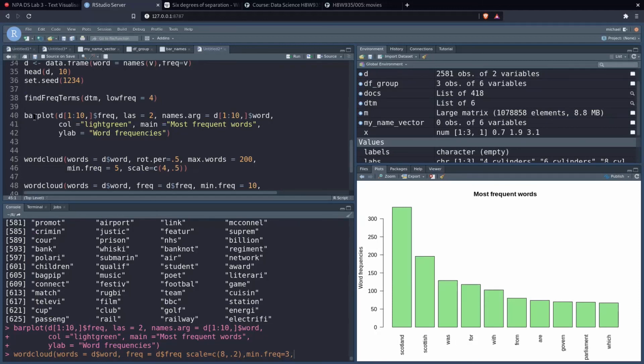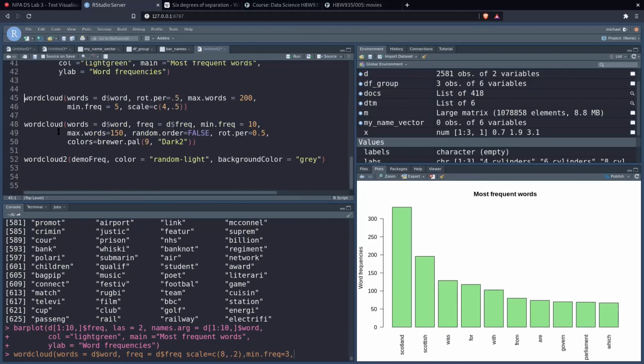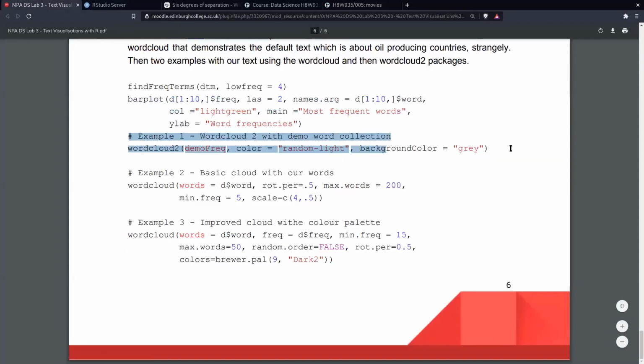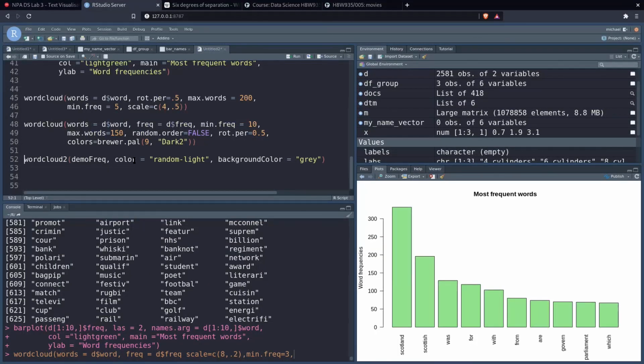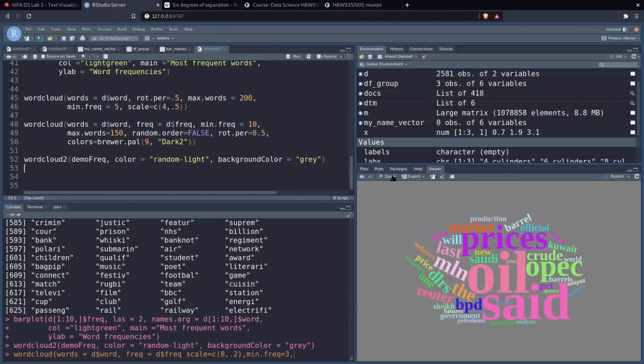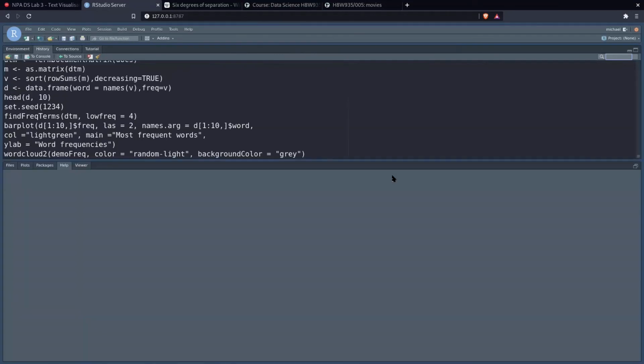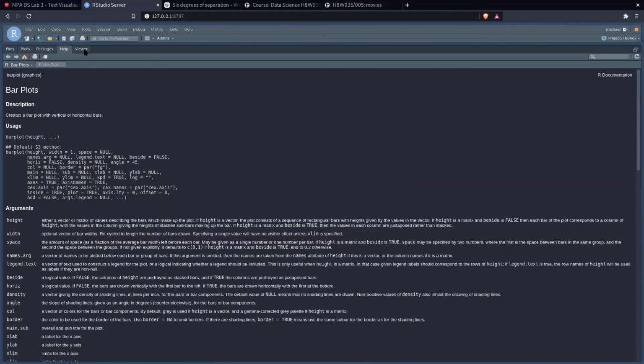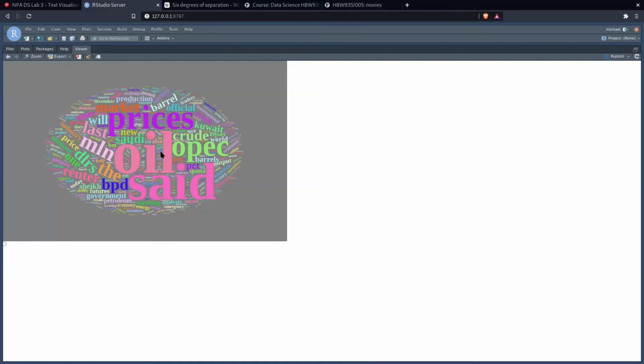Now, what we can do with this is use it to create some sort of a word cloud. And I've provided you with three examples on how to do this. The first one is using a package called wordcloud2, just with a demo frequency to show you what a word cloud looks like that comes out of R. So running that, Control-Alt-4, Control-Alt-3, and let's go to the viewer here. So this generates this